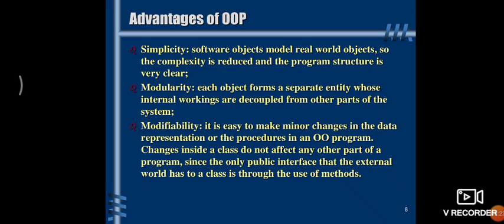And modularity means the modules are independent of each other. Each object forms a separate entity whose internal workings are decoupled from the other parts of the system. As I have told, independent of each other. Suppose in a library management system you have created two modules, use cases like login and warehousing.